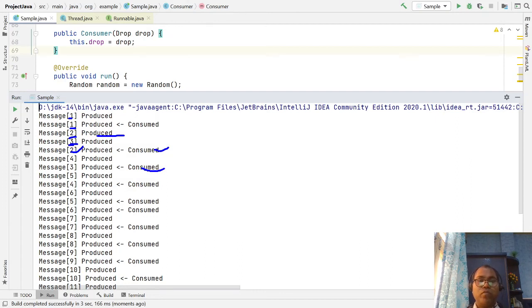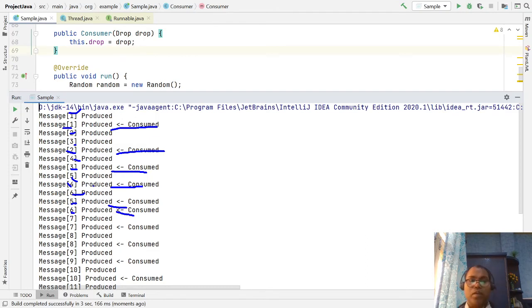So here what you are trying to say is that until the message is not produced, the consumer does not consume. Message one produced before, two consumed, two produced, three consumed, three produced, four consumed, four produced, five consumed, five produced, six consumed, six produced.